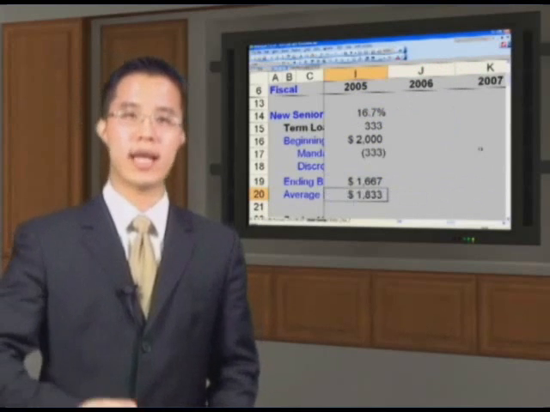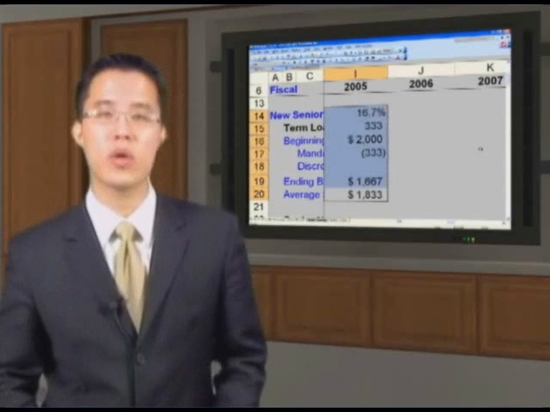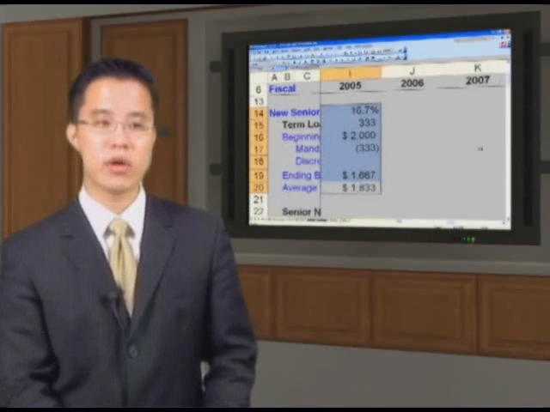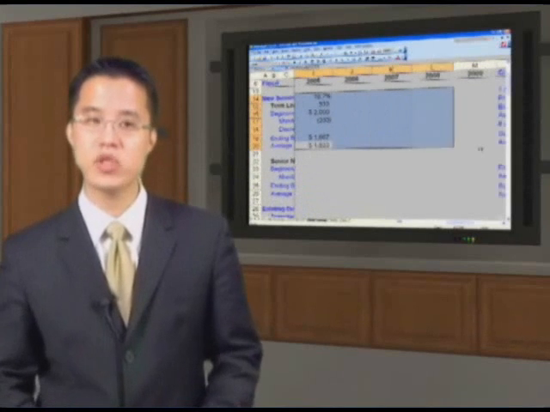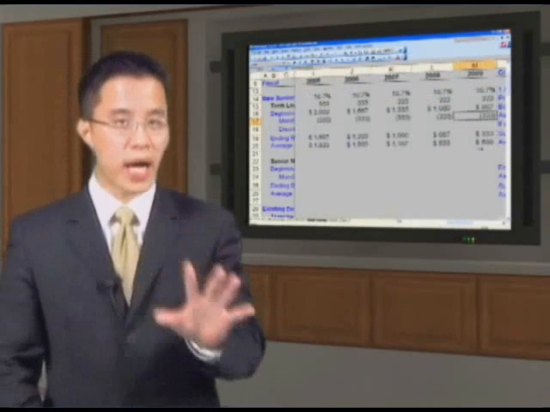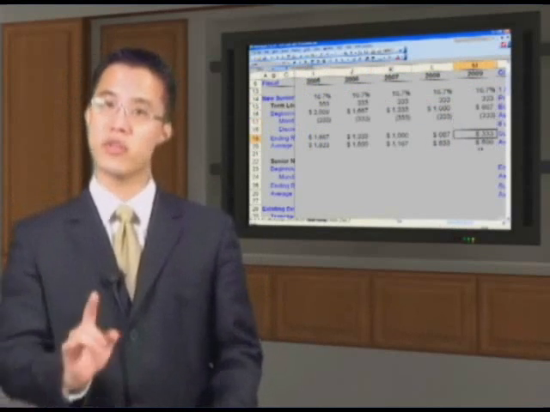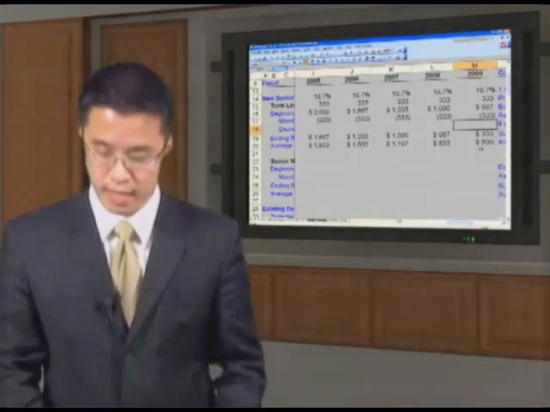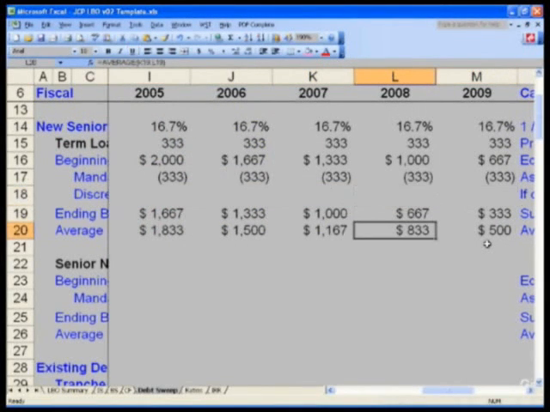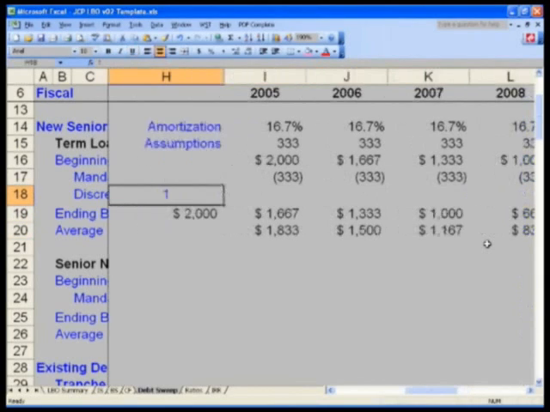And of course, I want you to take everything here from I-20 all the way up to I-14. And guess what we're going to do, folks? We are now going to say shift right, control R to column M, 2009. And now you're saying that at the end of 09, because this is a 5-year model and you have a 6-year term, you still have $333 left at the end. And that, of course, should make a lot of sense. We'll later on see that around 2008, this amount will actually go to zero at the end of 08 because we will have built up enough cash or enough payments have gone through that we now have the ability to actually prepay our term loans. So what I want you to do is let's quickly go ahead